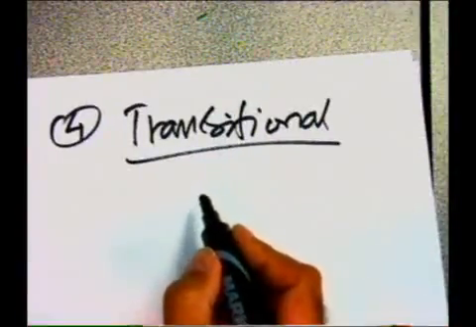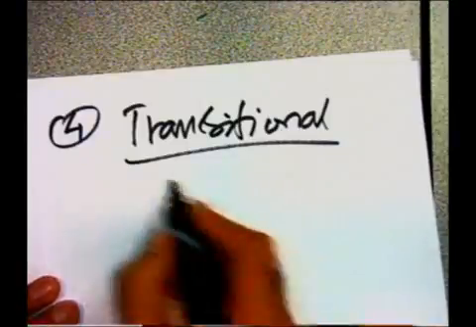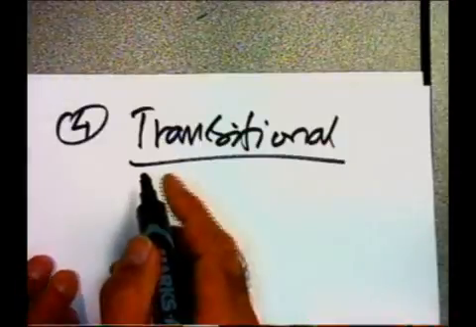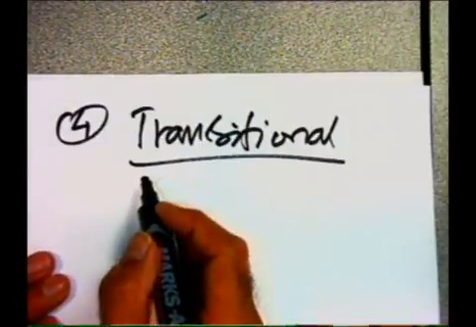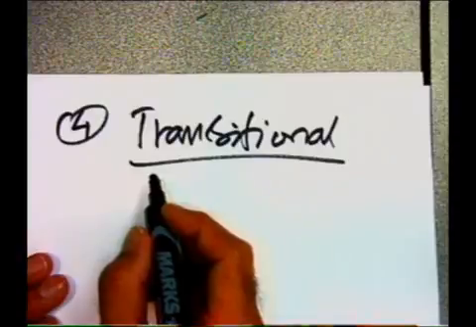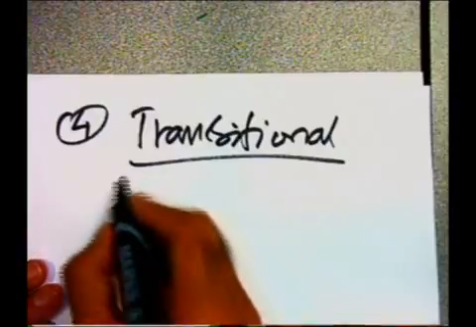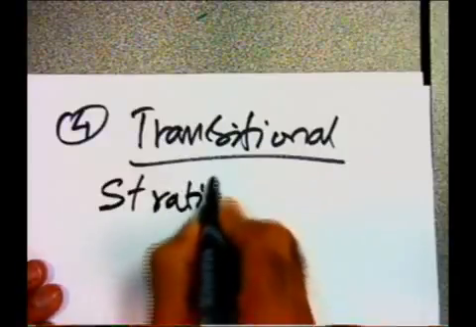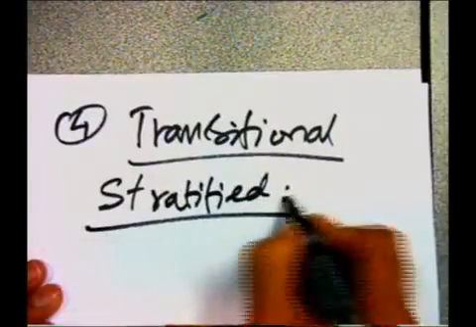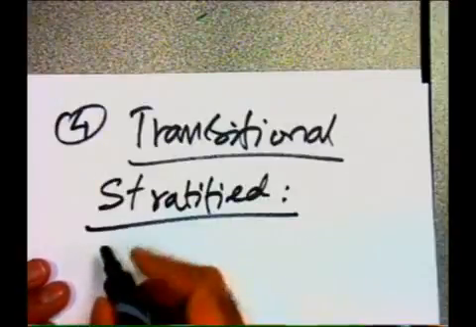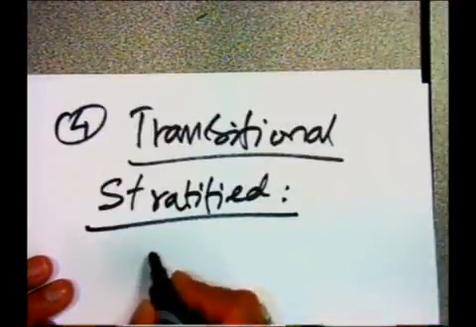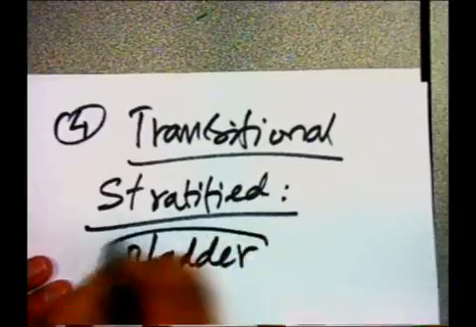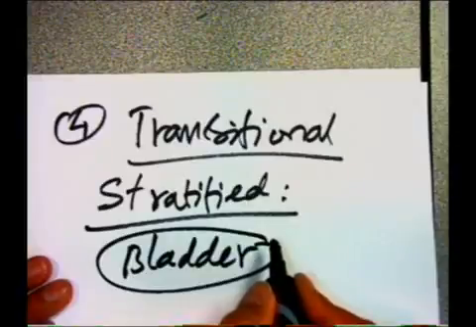Transitional epithelium: what type of cells does it have? The surface cells are dome-shaped, as present in the empty bladder, and flat in the extended organs, and the basal cells are polyhedral. So they are stratified, maybe with multiple layers. In the urinary bladder, where you find the stratified epithelium, the surface cells are dome-shaped,